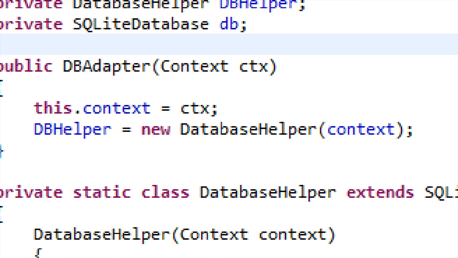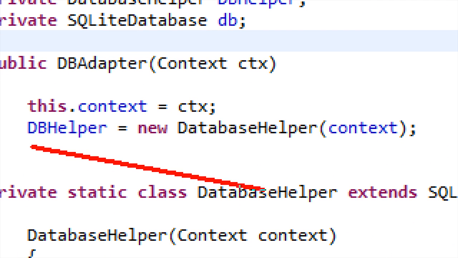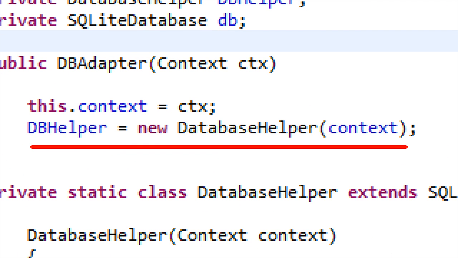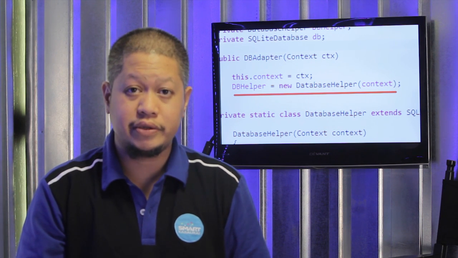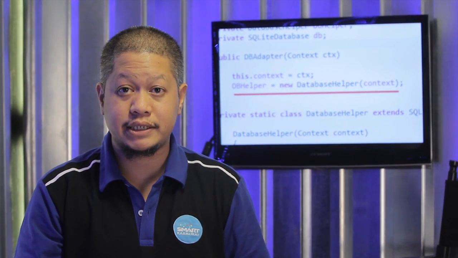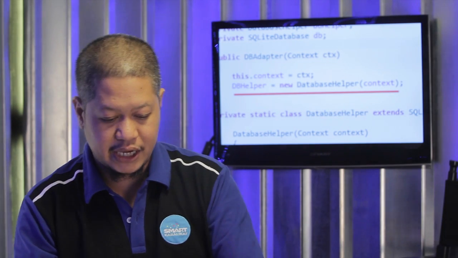So the DB Adapter constructor is there to help establish a new database helper. We have our line here, DB helper, new database helper, context. It tells us that we're creating a new DB helper and that we're attaching it to our application.